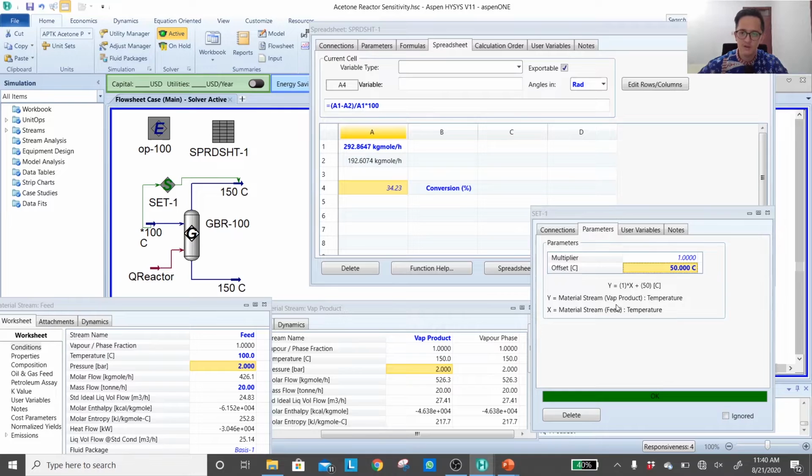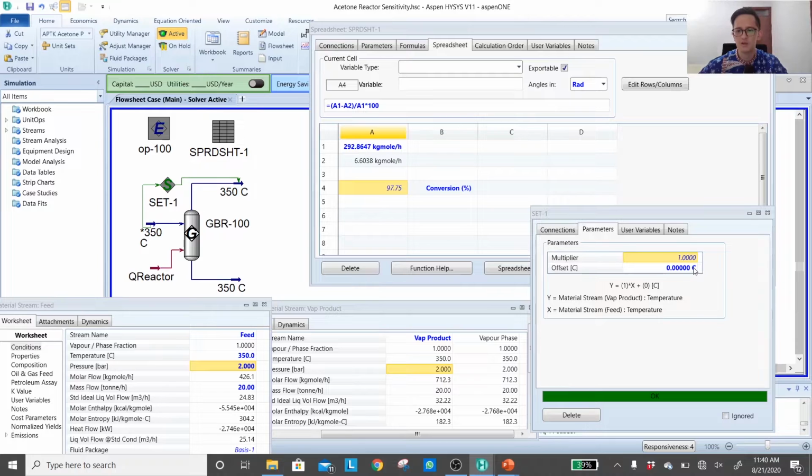Multiplier is still 1, that means now your product temperature will be the temperature of your feed plus 50 degrees C. You can see the number 150 degrees C. The offset is 50 degrees. Okay, I revert it back to my initial starting point, exit at 400 degrees C. So again, this is a very helpful feature to help you make some relationship between two variables.